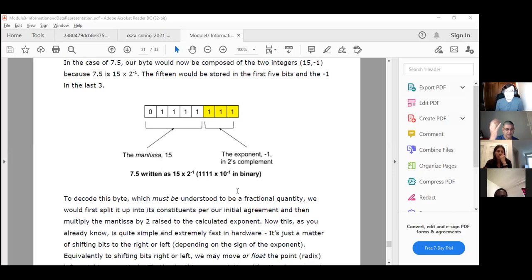Yeah, I was asking. So the first 5 most bits on a floating point number is the mantissa, which is a number, and then on the right is your exponent, which you multiply it by. Yes, it's just a convention that we have chosen to use in module 0, because in the real world, a floating point number is not just 1 byte. It's very unrealistic to have a floating point number in 1 byte. It's very little. So it's a convention I've used in module 0 to illustrate the concept of floating point notation.